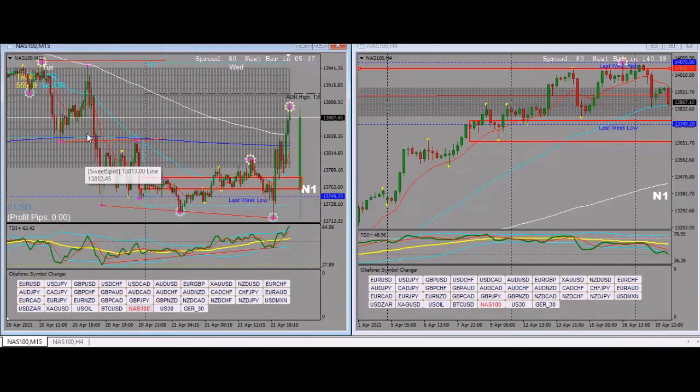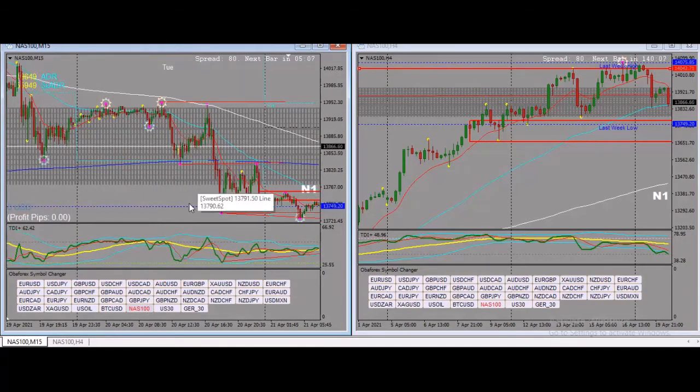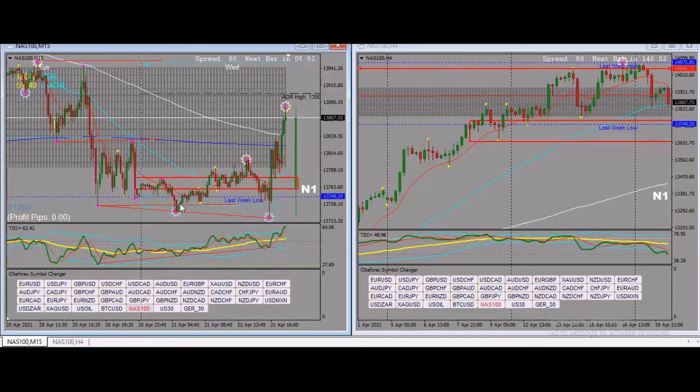Market broke structure low to the down, pushed back up at the flip zone. Okay, I'm just trying to be fast with this. Pushed back up, we broke it from here, broke this structure low, broke it down. Okay, and pushed back up, and then this is what we call a flip zone. It got to the flip zone, created another high, dropped again, and took out this previous low, where the previous low was at this point. It took it out here. So all the while, if you scroll back, you see that market is creating lower lows and lower highs. Okay, nice and easy. Now, after taking out this low,